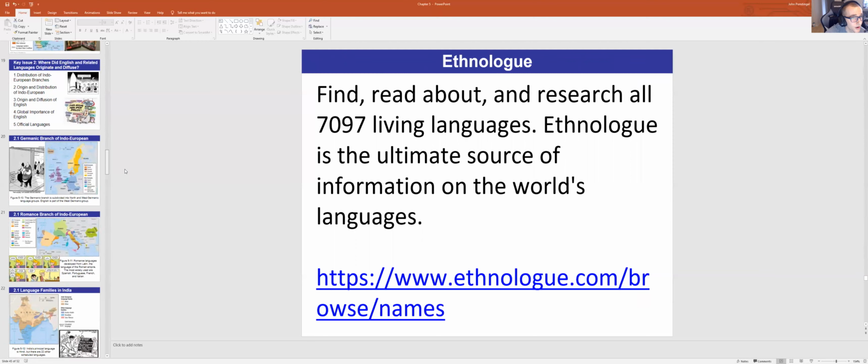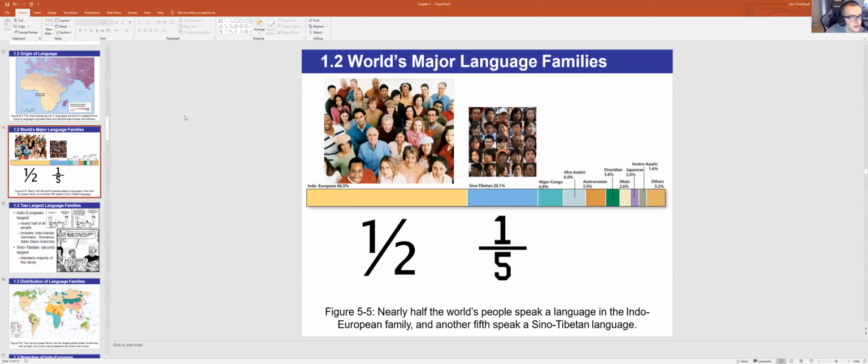the result of hierarchical diffusion, if I can find the slide, yes. So Indo-European is spoken by the language family, right, the trunk. From that trunk, almost 50% of all languages spoken contemporarily come from this one family. And now about 20% come from Sino-Tibetan. So if I was to ask you the biggest language families, right, the two biggest trunks, you would say Indo-European and Sino-Tibetan. And then from there, knowing that these are the two large language families, you can see how it branches out and how it gets into groups and how it's been spread over time.